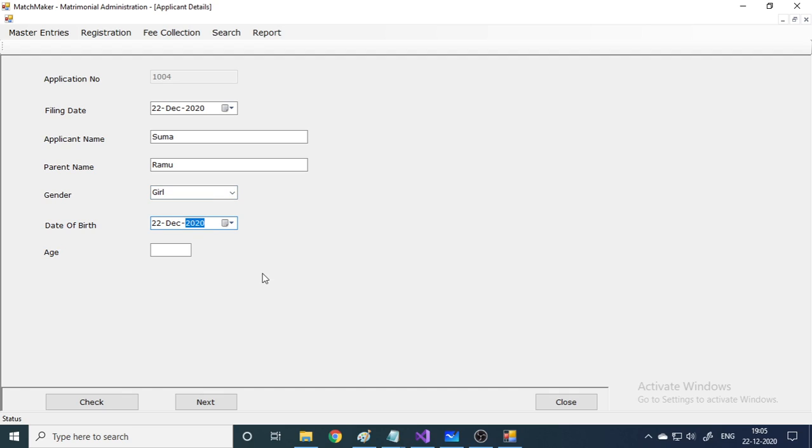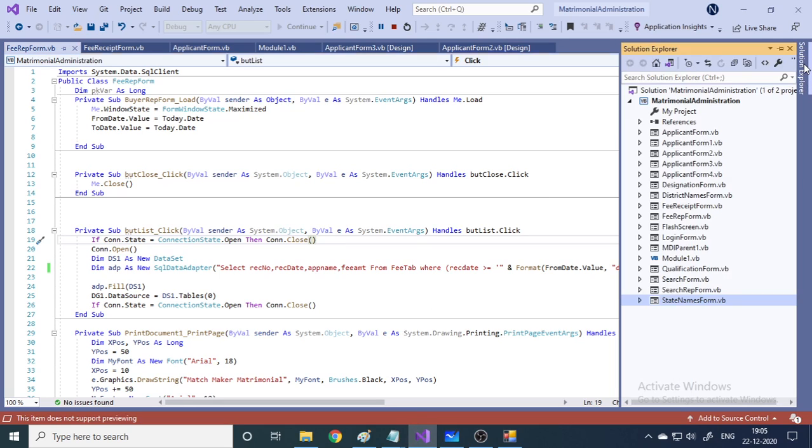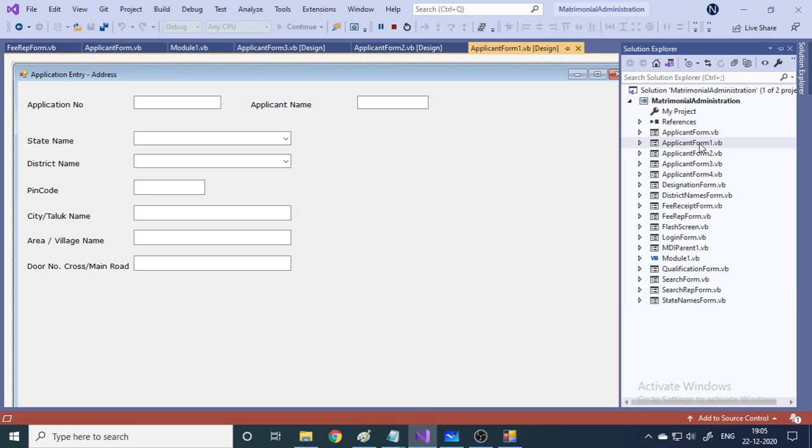And what is the date of birth? So you can change the date of birth here in the year. So you can see that when you change the year, automatically age will be calculated. So you should learn how to calculate the age. If you want to know how to calculate, we can come back to the coding, and here is the